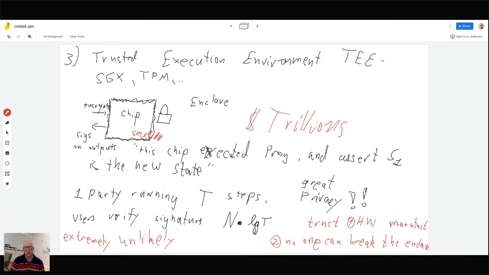So first of all, there's a single point of failure, which is the hardware manufacturer, right? And now maybe someone there may be bribed or corrupted to reveal these secrets. But even if not, maybe it only costs a few billion dollars to devise a physical process by which you can extract the secret. So it's extremely unlikely that this is safe. And indeed, for instance, TPM was broken, and SGX, there are a number of attacks already mounted on it, that already show that you can find things leaking out from the chip even without fully breaking it. But we know for a fact that it is physically possible.